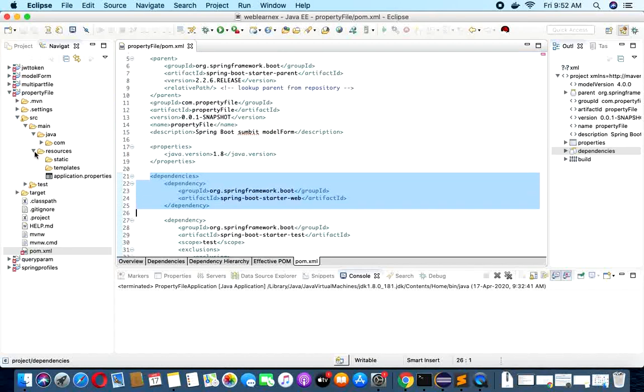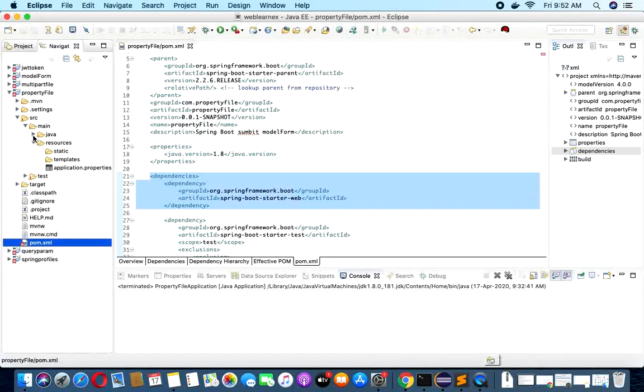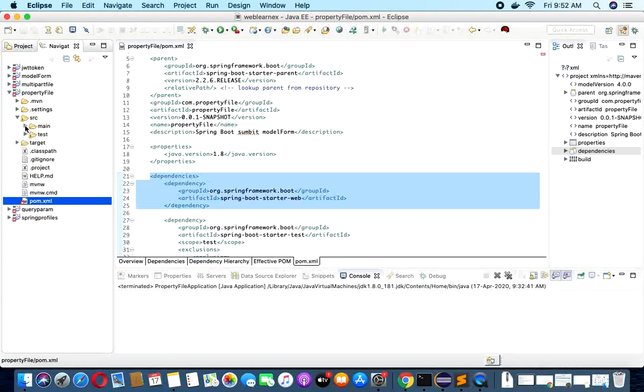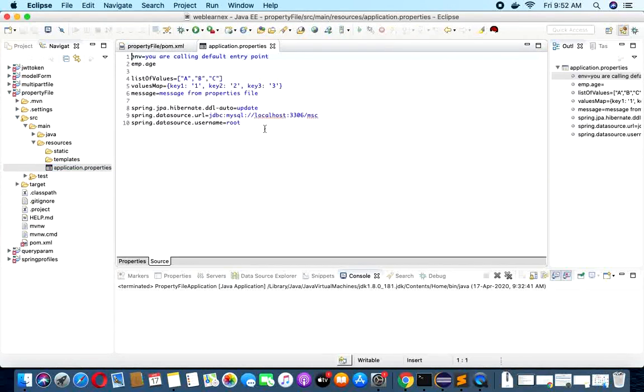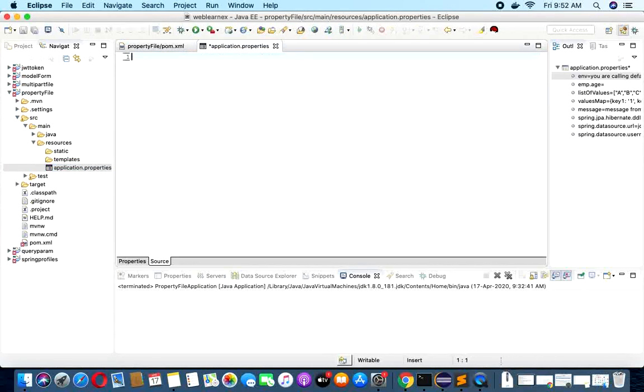When you set up any web application, in main there is a resources folder. In the resources folder, one application.properties file is created automatically by default. This application.properties file is also called the default profile of Spring Boot. When we open it, it is blank, but I have made some code setup here.